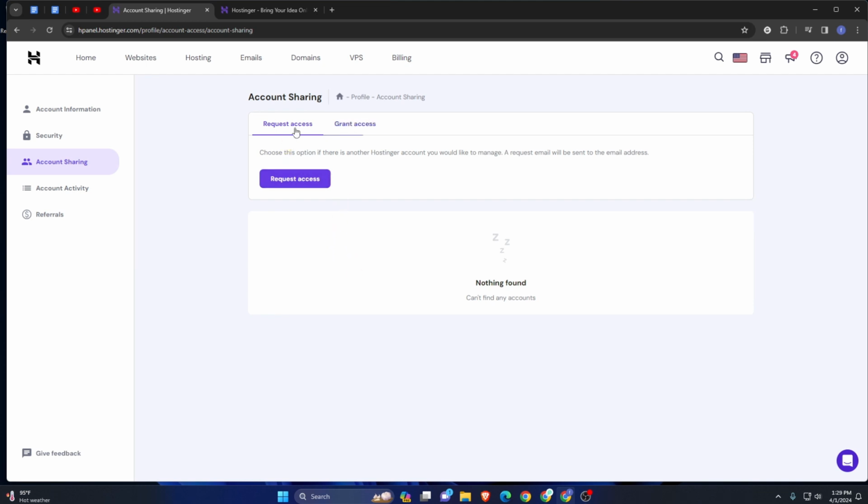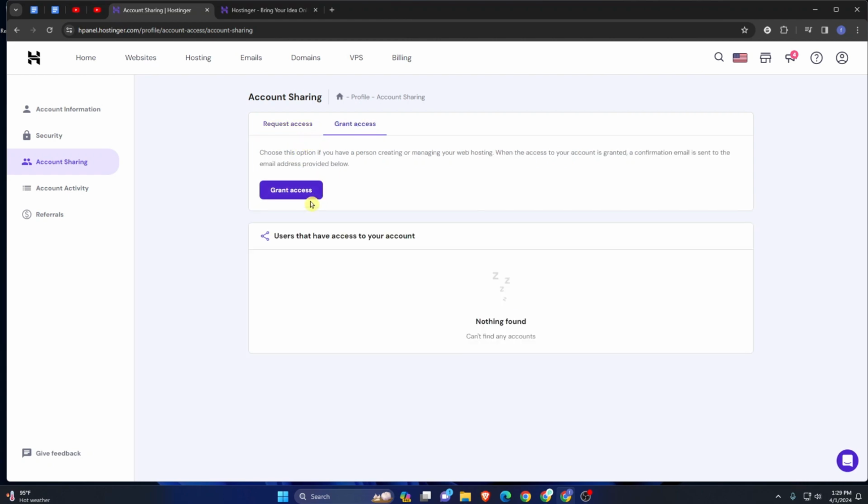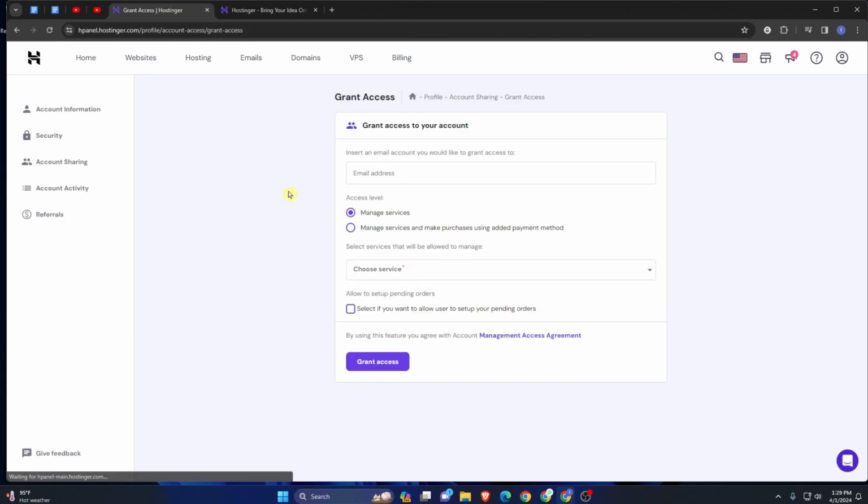and here you can see two options. One is request access and another is grant access. So we are gonna grant access, and here click on grant access. Now enter the mail,